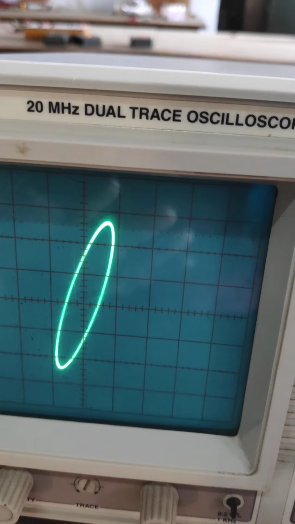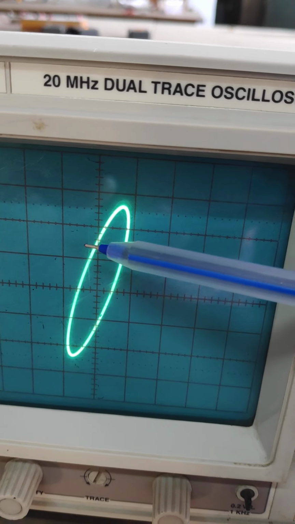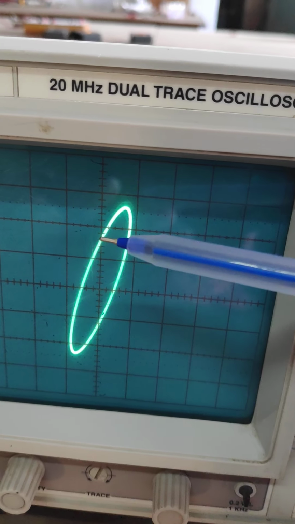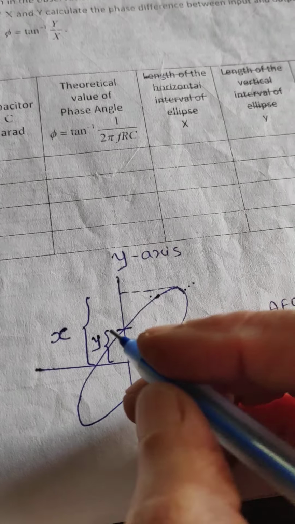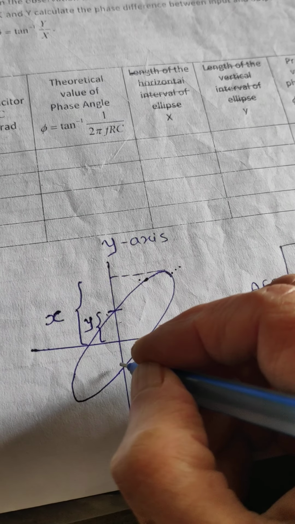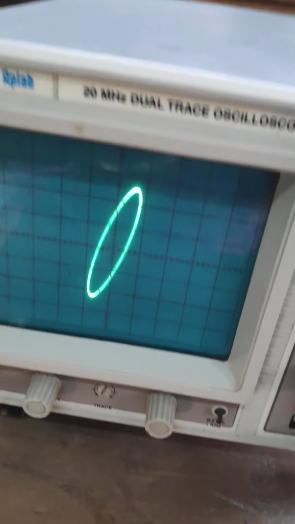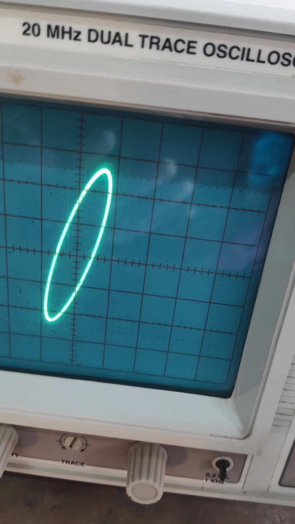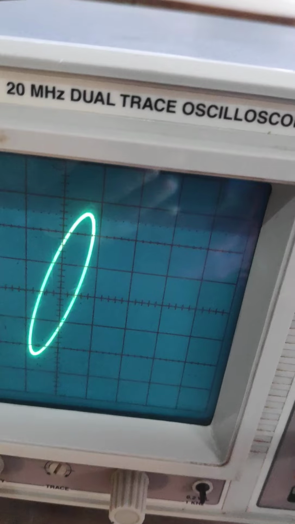Now we have to take the reading of the number of divisions where the ellipse cuts the y-axis. So from here let us take to this particular point. Here also you can take it like this, from here to this particular point. And then you can count the number of divisions. Here the number of divisions are 1, 2 and 2.6.